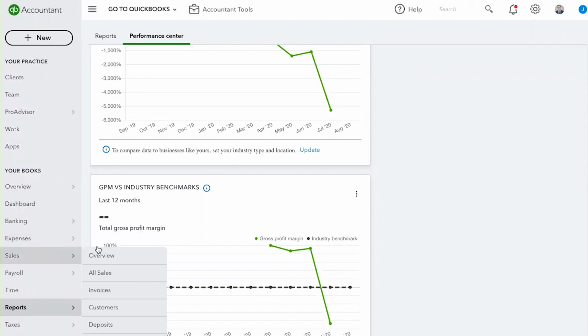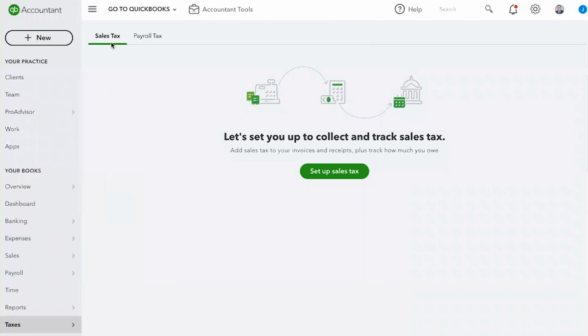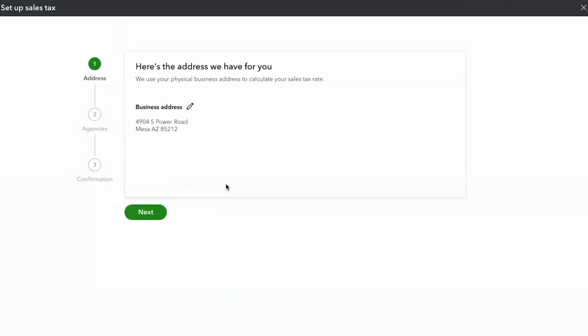Okay, so next is our tax center, and we have two tabs here, your sales tax and your payroll tax. So this is where you would go to set up, if you are required to collect sales tax, you can go up here and set up your sales tax account and link to your